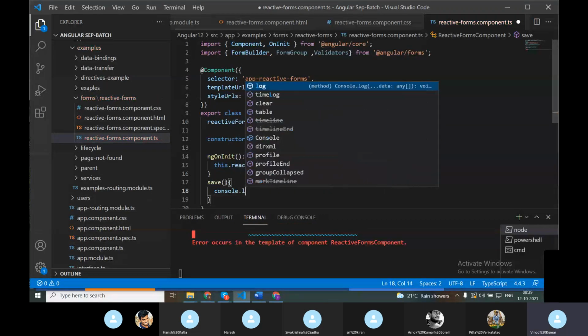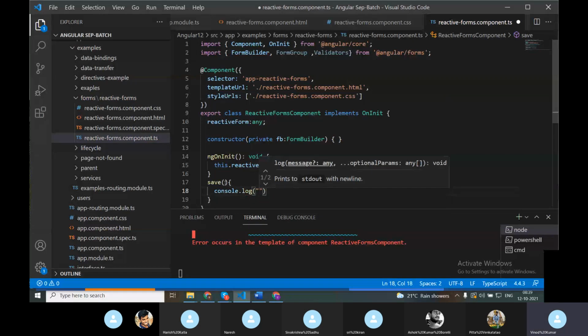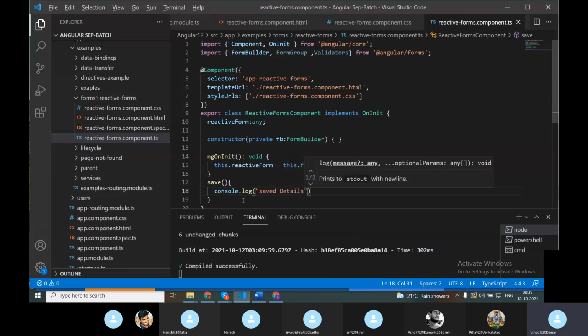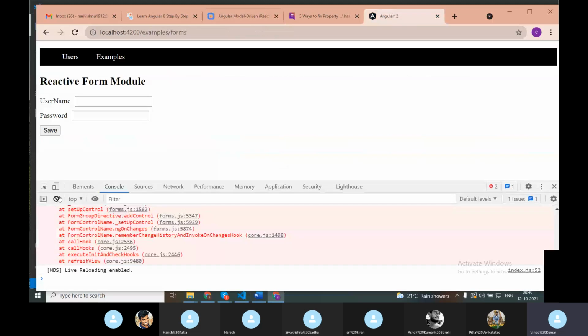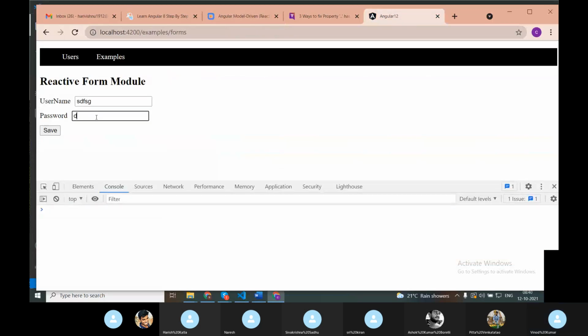Console.log of save details. I'm clicking on the save button. Here I am getting save details, which I have provided for the click event, but I am not getting this username and password, because